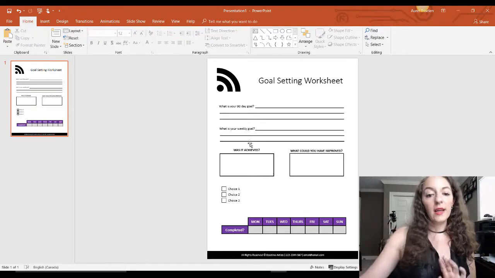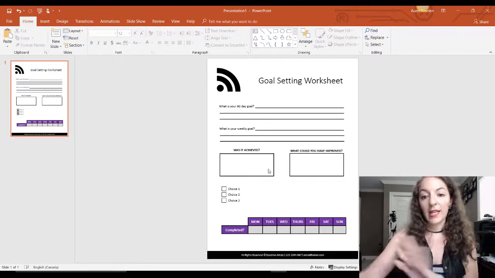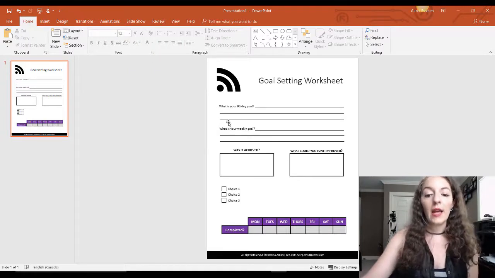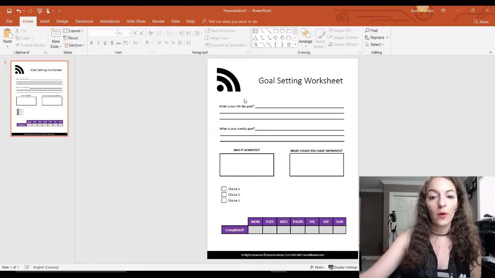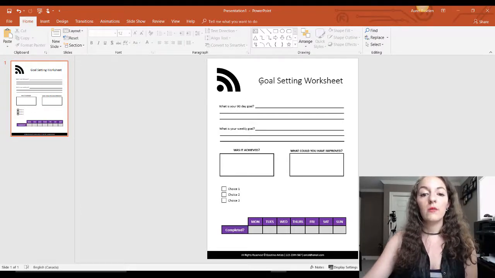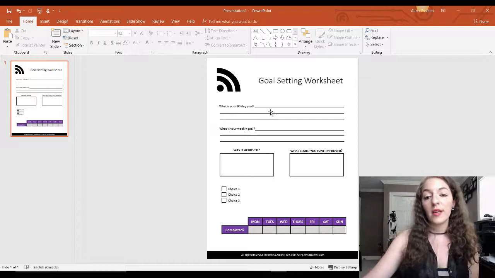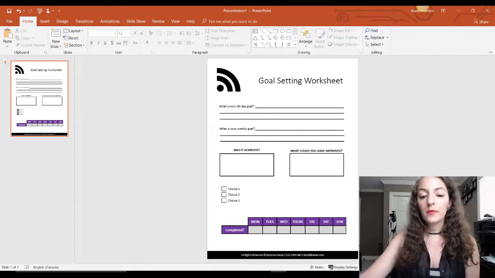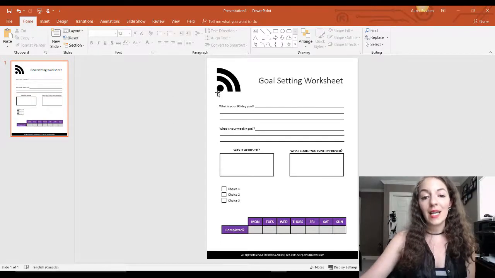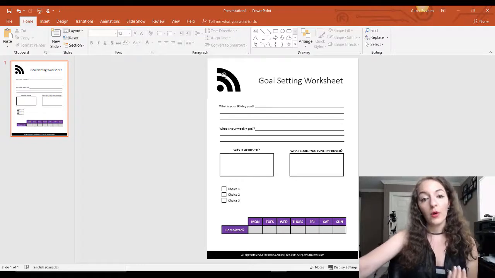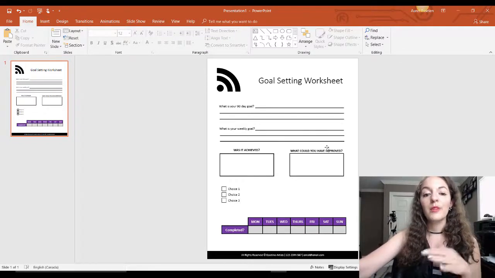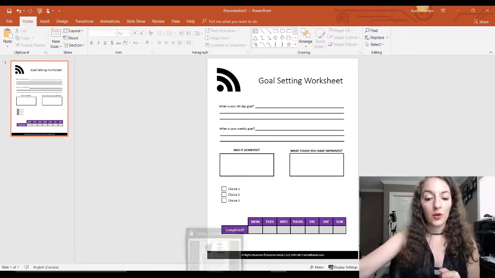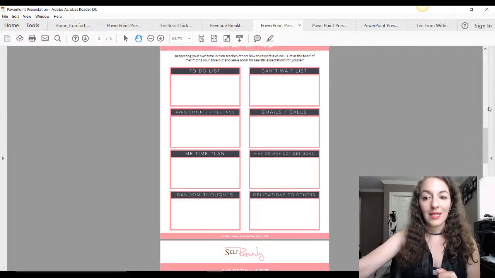Let's just say I'm done with the basics, setting up all of the basics in terms of content for this worksheet, and I want to customize things to make them my logo colors, and change up fonts if I need to, etc. What I like to do is take colors directly from the logo that I'm using and put them into the worksheet. So just to go back and show you those examples,